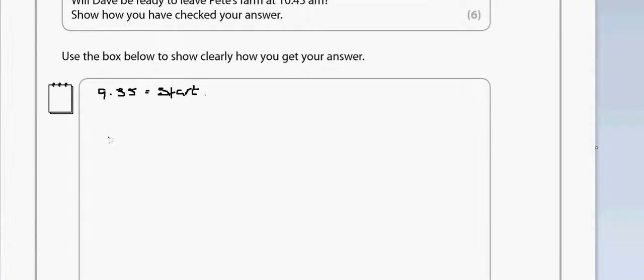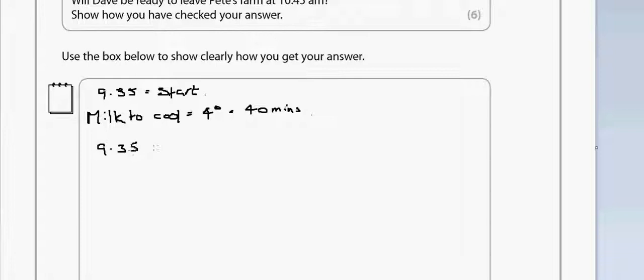Okay, so we can write milk to cool equals 4 degrees, which equals 40 minutes. Okay, so now we've got to add this 40 minutes onto his start time. So